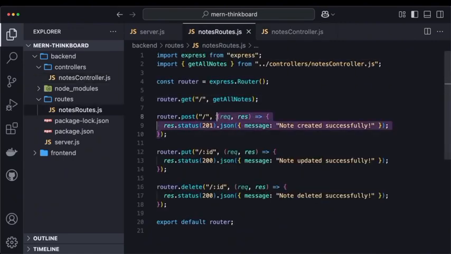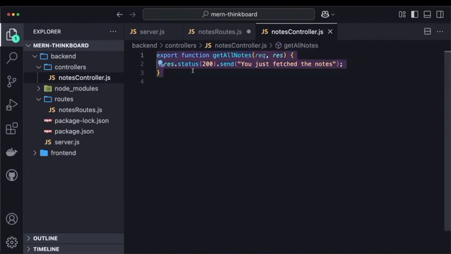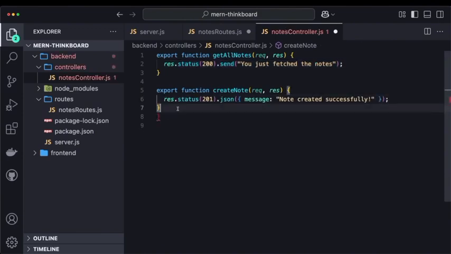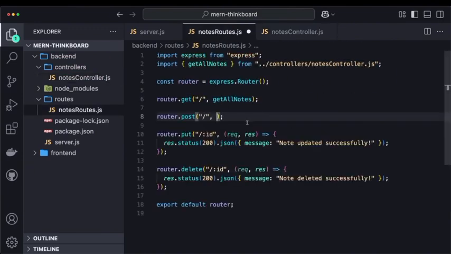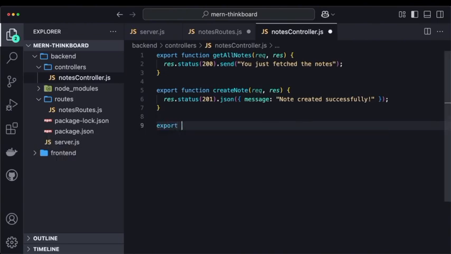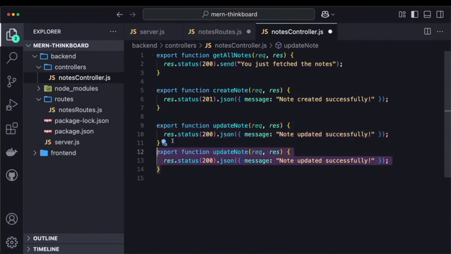Okay, now we can get this one. I know that we are going slowly, but I just don't really want to rush. Let's just go slowly. I'll go ahead and duplicate this one. Let's say create node, and I'll just paste what we have copied. I'll just leave the response. Okay, let's do the same thing for this one. I'll say create node, import it from this file. This is to update a node. I'll say export function, paste this in, give it a name like update node,